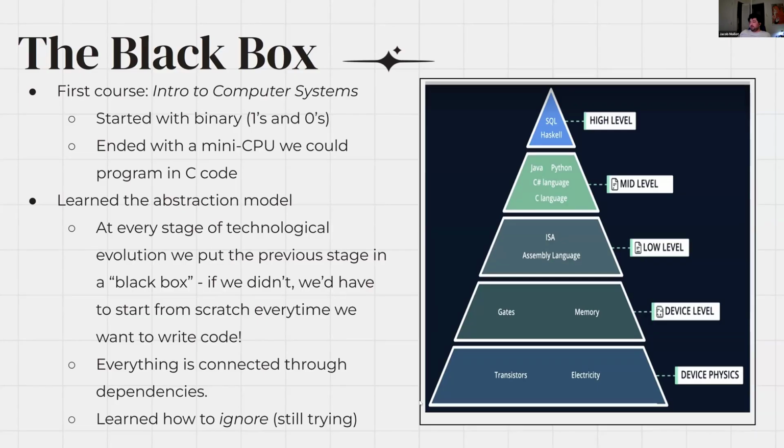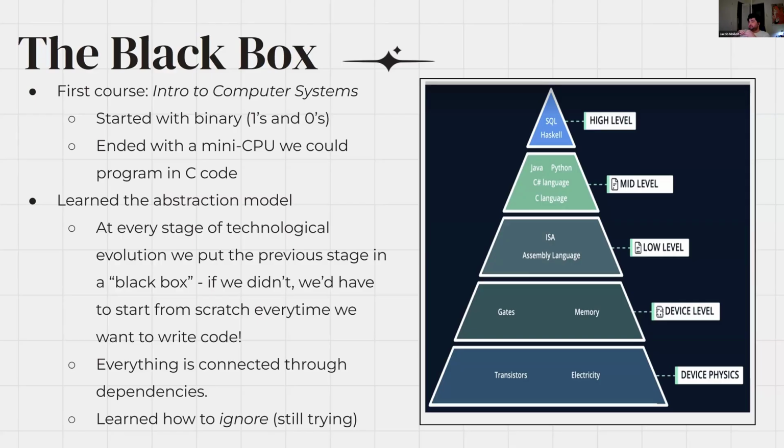And the model is that we start at the bottom of this pyramid, you can see, with transistors and electricity. And then once we figure out how we're going to use them, we put them in this black box. And what that means is instead of transistors and electricity, now we're dealing with an input and an output. And so we know we can put numbers in and it outputs the answers to mathematical equations, for example. And then you can work up the chain